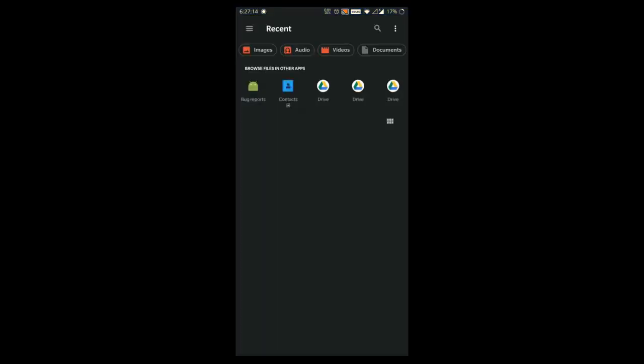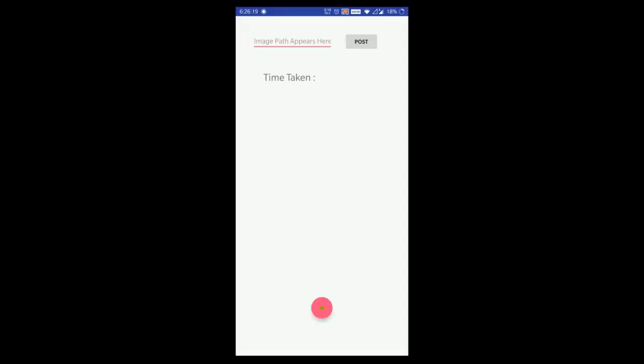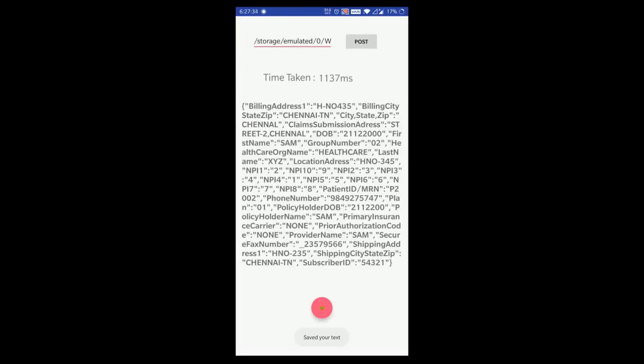We have tested it with a variety of handwritings, and the second handwriting is going to be shown right now. It is all fully uppercase, and you can see that the provider name is Sam and a Chennai address is given. We will see if this is getting recognized nicely. We are uploading it right now, and you can see that the moment I click post, that's all. Sit back and relax. As I told you, you will get the result. And the name is Sam. The Chennai address is coming properly. All the details are available properly. The numeric, the alphabets, the numbers, everything is correct, and it's presented to you within seconds.